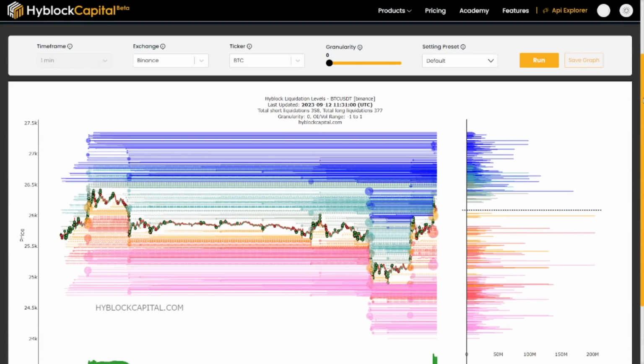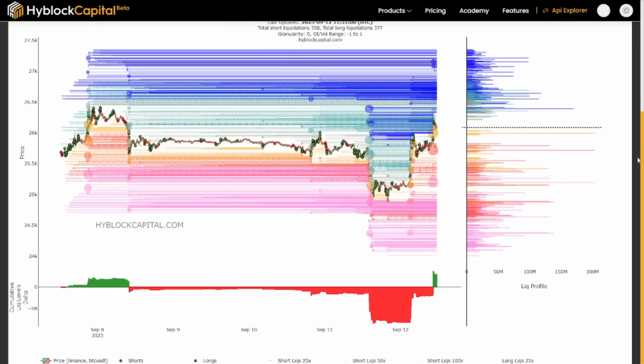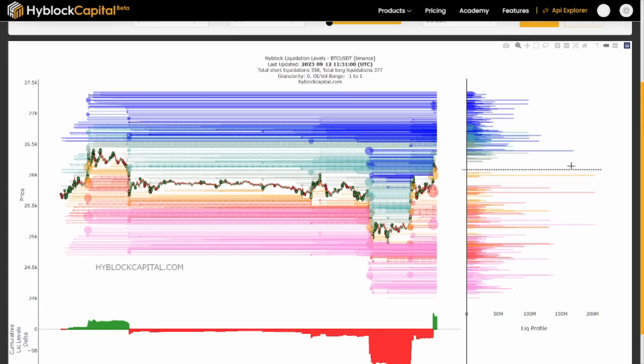On Hyblock Capital liquidation levels, always the first thing that I check is the delta. Right, so right now it's pretty much at zero, but you can see how yesterday there was $8 billion worth of short liquidations, okay, which explains the short squeeze. Now if you check at the right, these spikes, we were talking yesterday that the spikes were to the downside all the way to 25,300. They took that zone, so you can see how Bitcoin follows the liquidity.